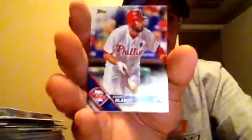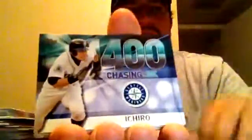Cole Hamels. Okay, we saw these guys already. So, Luis Valbuena, Zack Cozart, Scott Alexander, there's Finnegan again. Three, Aroldis Chapman. All right. Josh Reddick. So we got Kansas City Clutch, numbered 452 out of 2016. We got Trevor Plouffe in the foil. And we got Hector Santiago. What's so special about that one? This is a short print, because it's got a different coat on it. So I don't know why he's a short print, but...